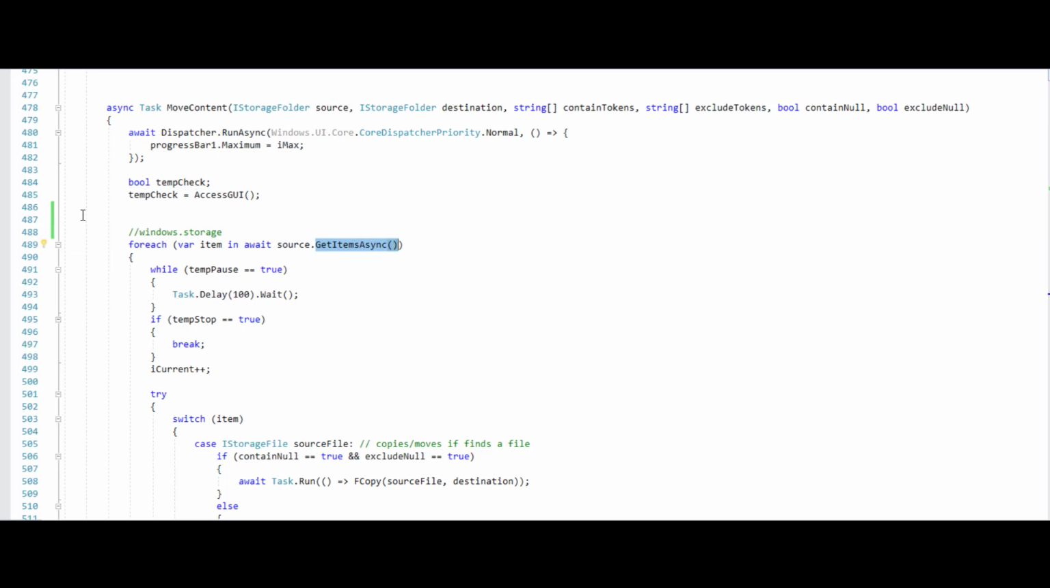This is in the libraries. In fact, I put it in here. It comes with Windows storage. And what it does is it lets you look into any folder and then even understand whether something is a folder versus a file. So if you look up here, I am bringing iStorage folder source in, which is just